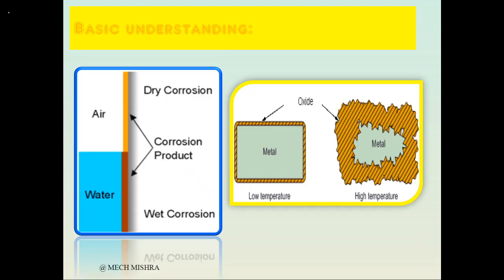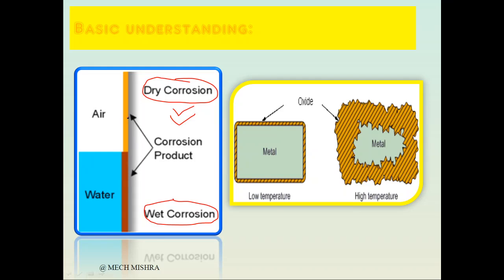First, basic understanding of types of corrosion. Broadly we can classify corrosion into two types, although there are various classifications available. The first is dry corrosion and the second is wet corrosion. As the name suggests, dry corrosion means it will